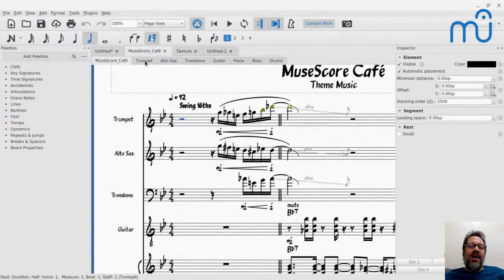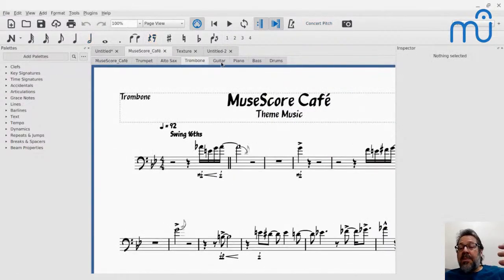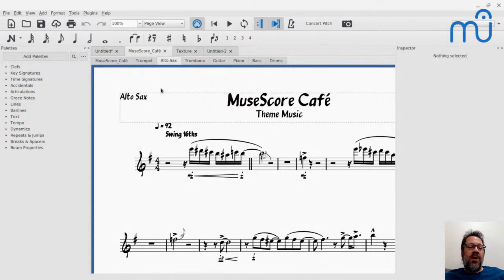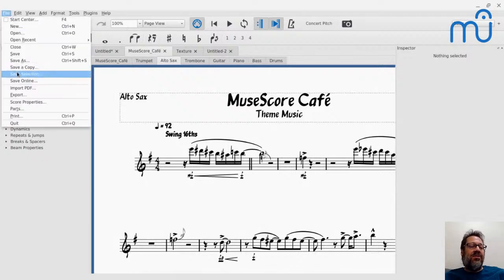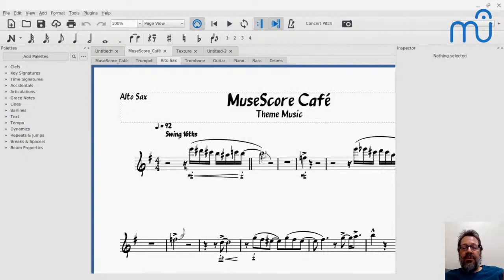In the MuseScore Cafe, you see there's individual tabs for every part. The way before MuseScore 3.6, I would have exported the alto part is visit the tab for the alto sax, and then say export, and now it would have exported just the alto part. But now we have this whole dialog that lets you select exactly what gets exported. You don't have to go visit the individual parts. So